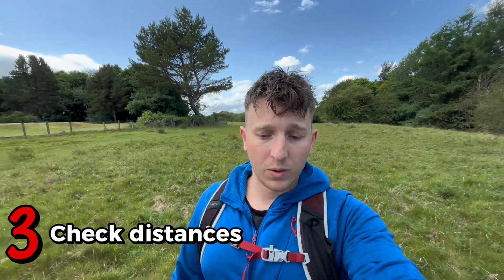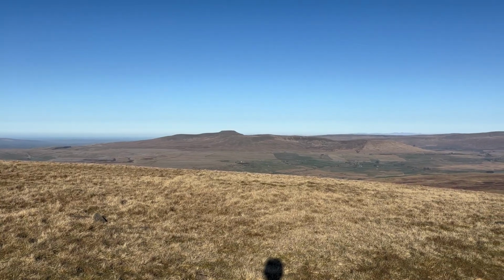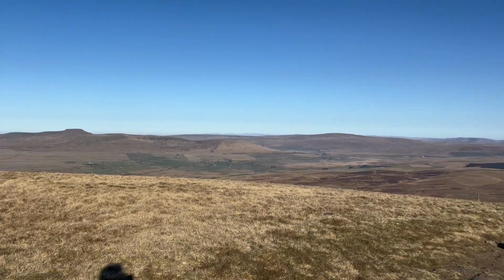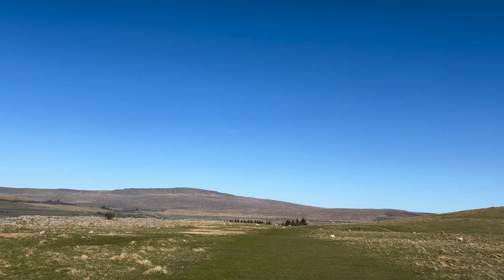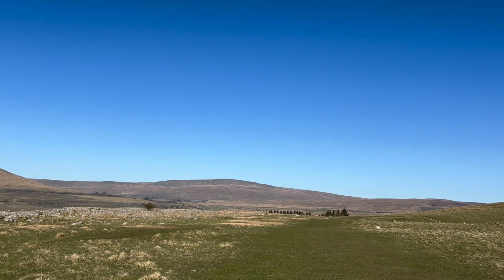So tip number 3, and this is something that caught me out, is the distance to Whernside from Pen-y-ghent. Now, I'd looked at quite a lot of YouTube videos when I wanted to do the challenge, and a lot of them didn't show the track from Pen-y-ghent to Whernside. Quite often they summited Pen-y-ghent and they ended up at the viaduct,